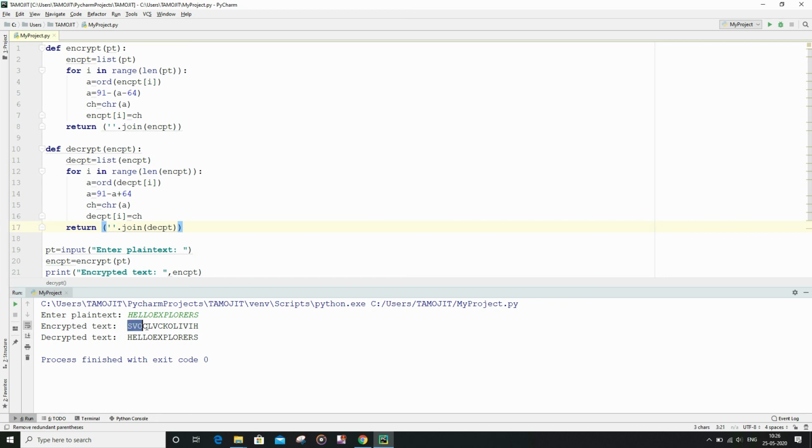So I hope that you all already know the logic behind the encryption technique, which I had already mentioned in the previous video, that is Java implementation. And if you haven't checked that out, then you can check my previous video, and also you can check my entire playlist of cryptography if you want to learn more about cryptography.